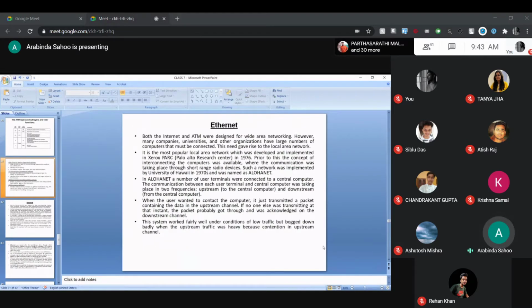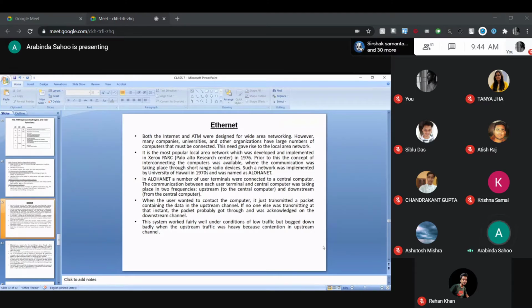Next is Ethernet, write down. Example networks: we already discussed the first one, the Internet, and the second, ATM. The third one we'll discuss is Ethernet, and the last one we'll discuss is Wi-Fi. Once we cover Ethernet and Wi-Fi, chapter one will be over. So next, write down Ethernet. This is the third type of example network.